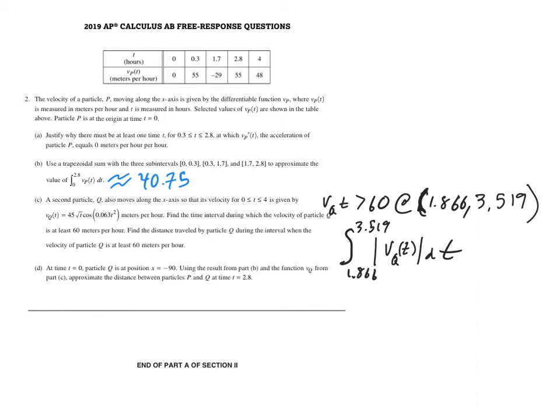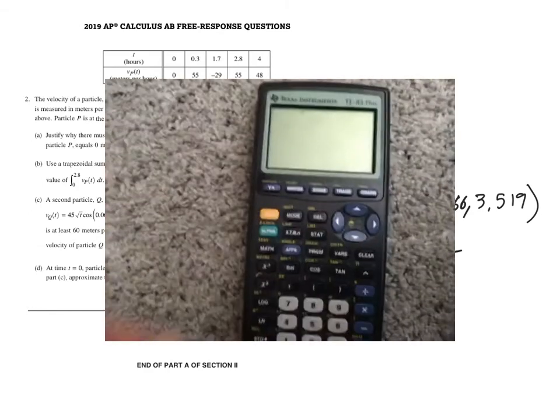Now that looks kind of complicated and maybe it's a lot of work, but actually it's really easy because this function is already in our calculator. So we could just plug all this into the FNINT function in the calculator. Let me show you how to do that real quick. All right, so